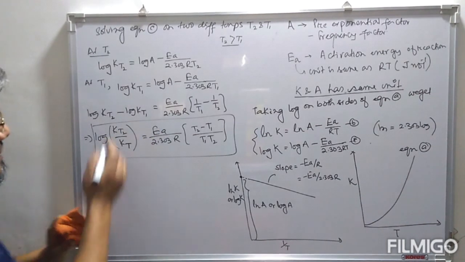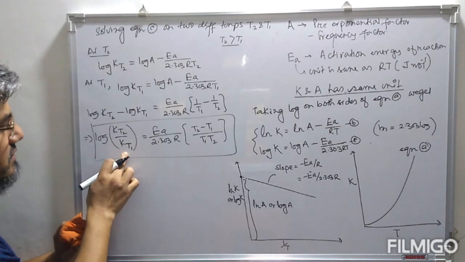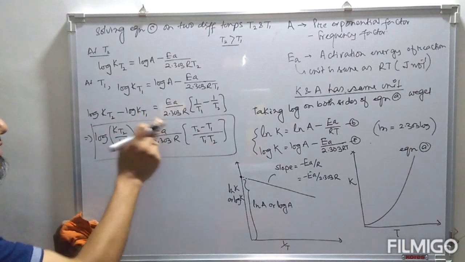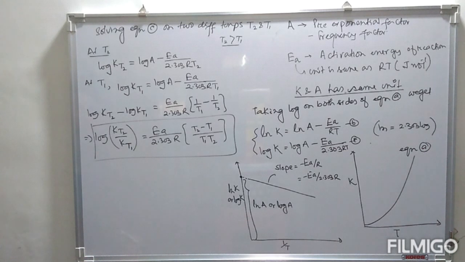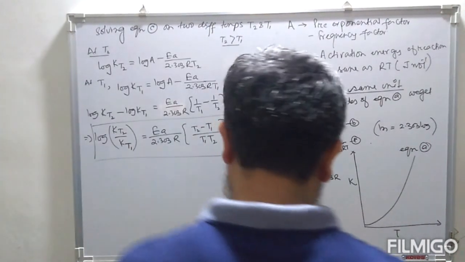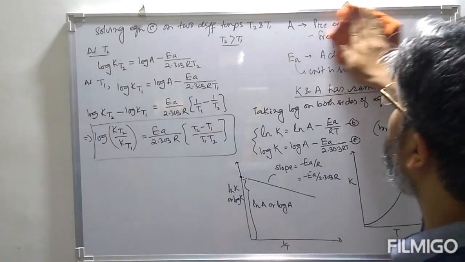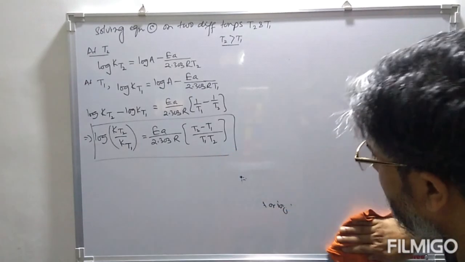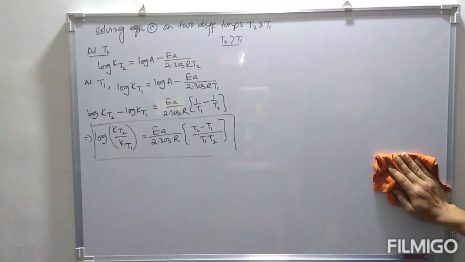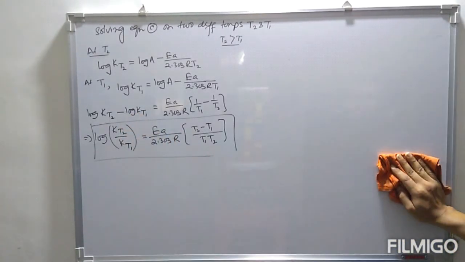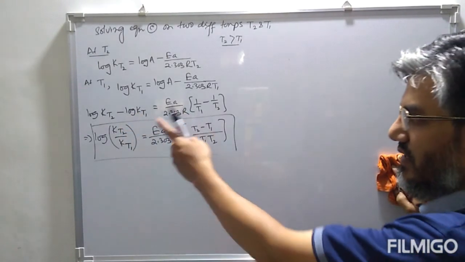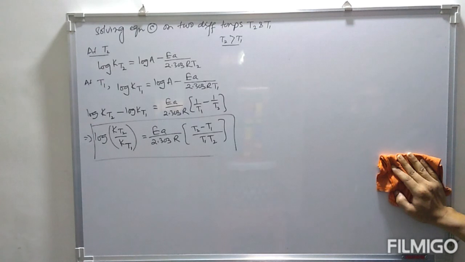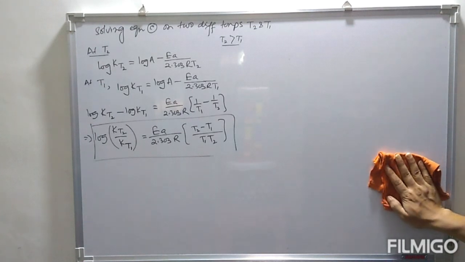By use of this equation, if the rate constant at temperature T1 is given, then we can find the rate constant at temperature T2 for a given value of activation energy. So this is the Arrhenius equation, which defines the effect of temperature on the rate of reaction. In this equation, we are defining the effect of temperature in terms of rate constant k. Now we know rate is directly proportional to the rate constant k. So if the rate constant k is more, then the rate of reaction will be more. If the rate constant k is less, then the rate of reaction will also be less.